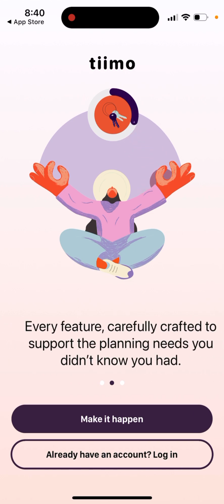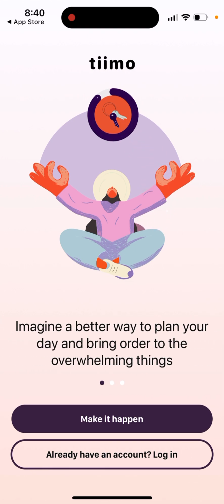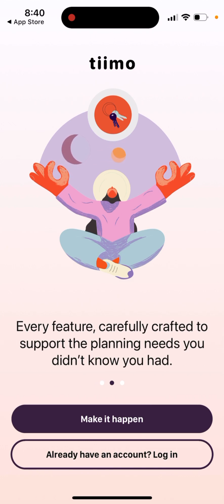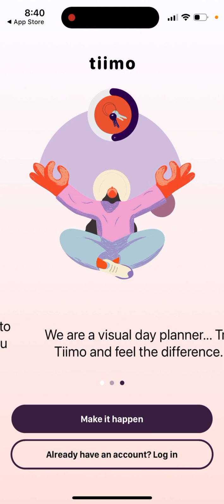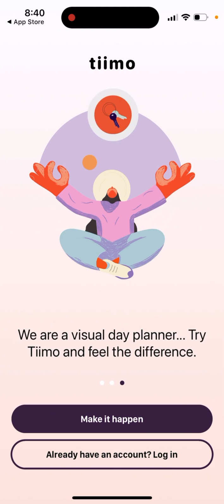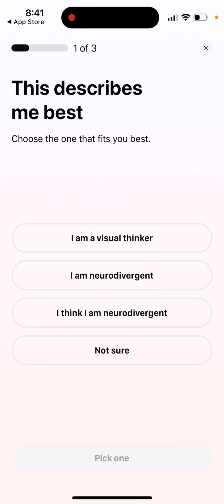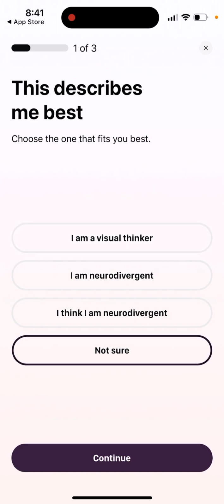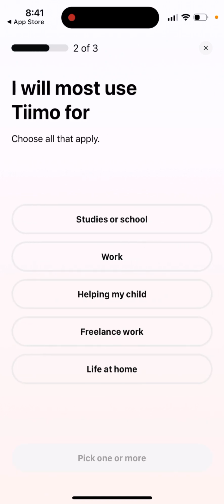Imagine a better way to plan your day and bring order to the overwhelming things. Every feature carefully crafted to support the planning needs you didn't know you had. We're a visual day planner. Try Tiimo and feel the difference. Make it happen. And then you just select